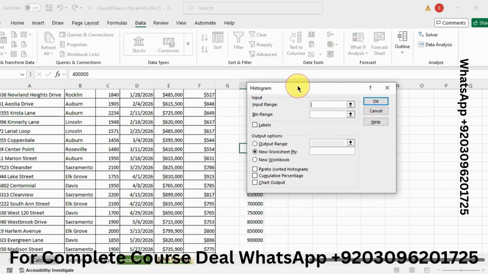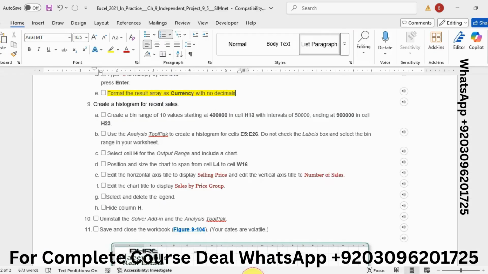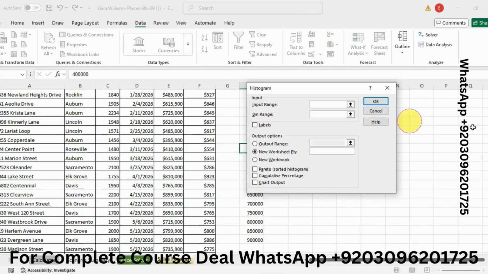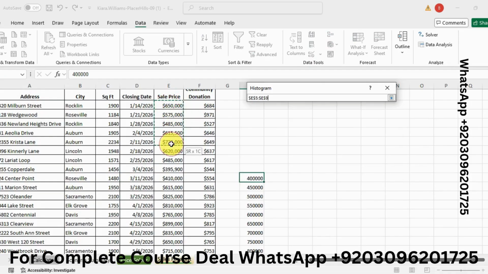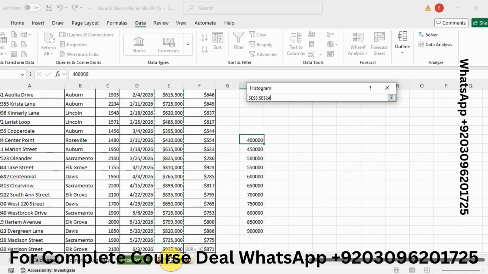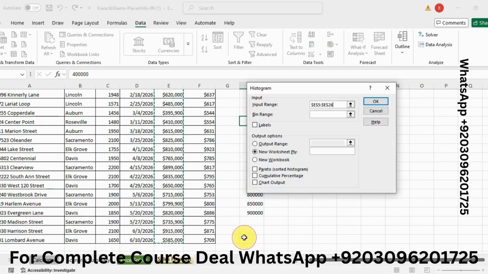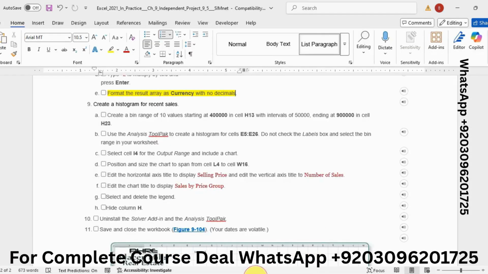And the input range is E5 to E26. Do not check the label box and select the bin range in your worksheet.